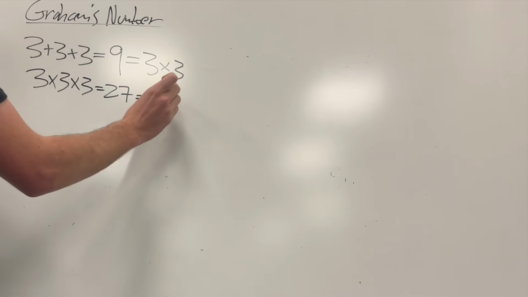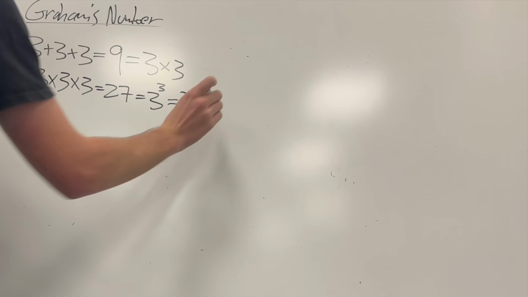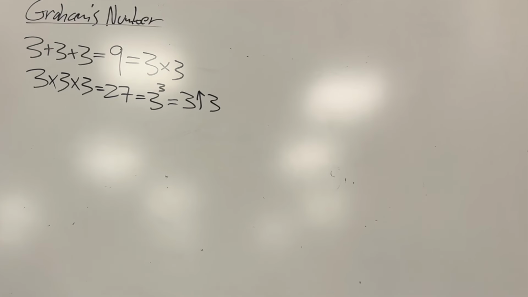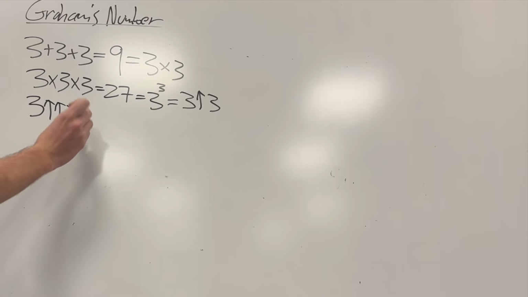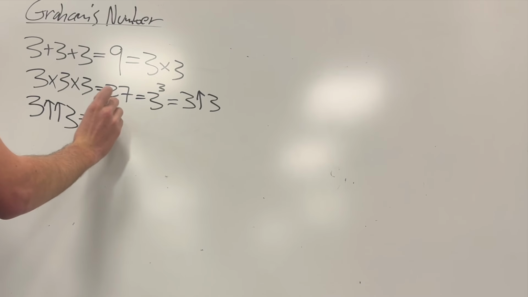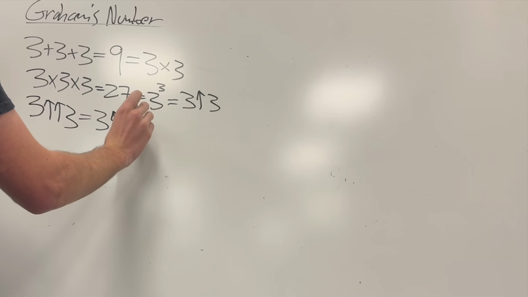Now there's actually another way to notate exponentials, and it's using arrows, like this. So 3 arrow 3 is the same thing as 3 to the third. And the good thing about arrows is we can actually do multiple. So we could do 3 arrow arrow 3. Now what would this be? Well, that's the same thing as 3 arrow 3 arrow 3,